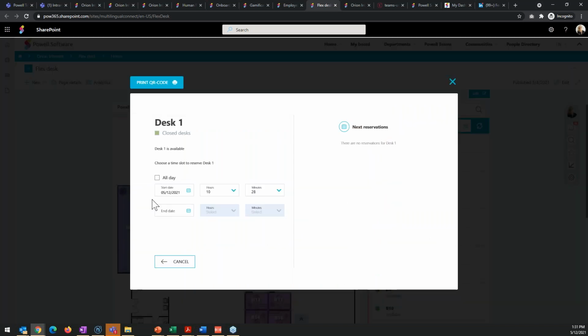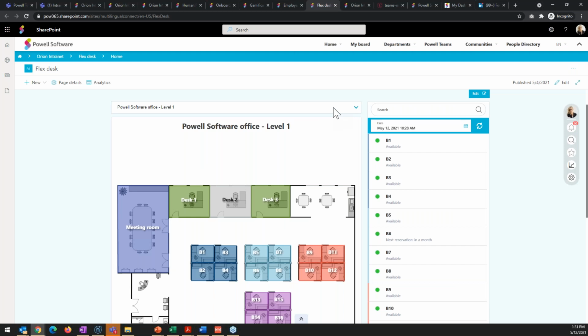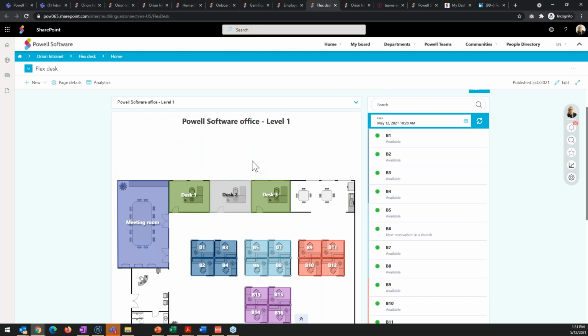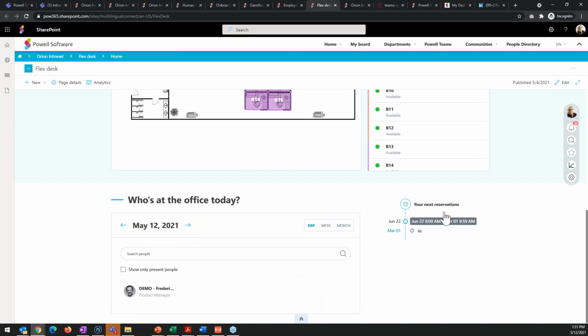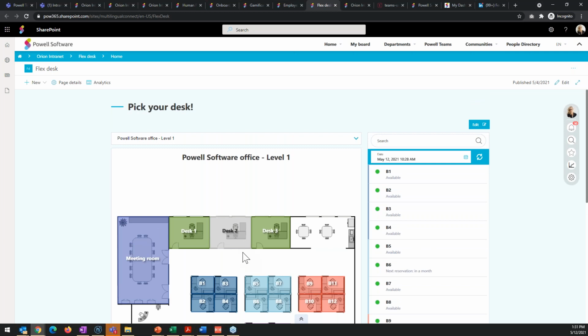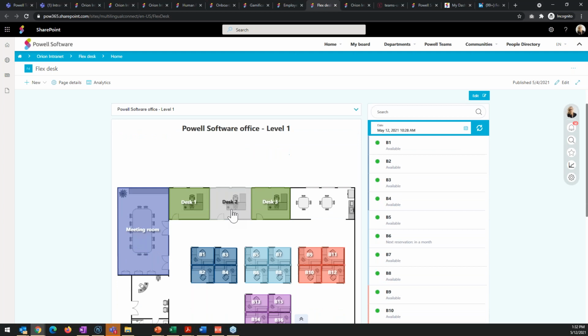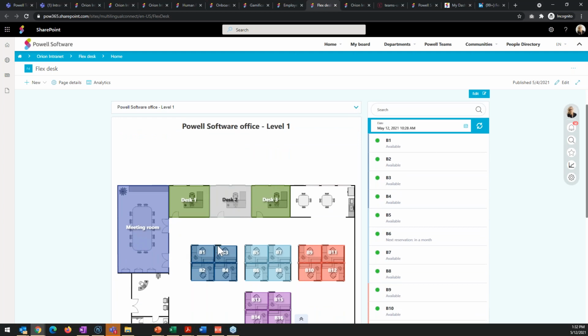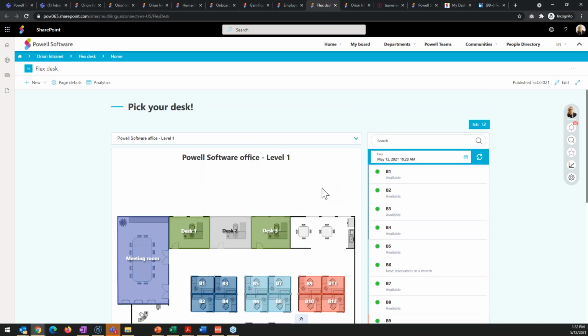So if I wanted to book desk 1, I can do it directly from here. I can upload as many maps as I want to, and I can have a view on who is going to be in the office here, my next bookings, and so on. Now, what's interesting with this, and which again really reflects the DNA of Pair Software, is that when we released this, it was really for desks, but we ended up with a lot of customers using it for completely different purposes. For example, we have a lot of customers using it to book parking spots. We also have customers that use it to book devices, where they'll have a picture here with 10 laptops, and you can book your laptops directly from here. So you can use this for so many different purposes.